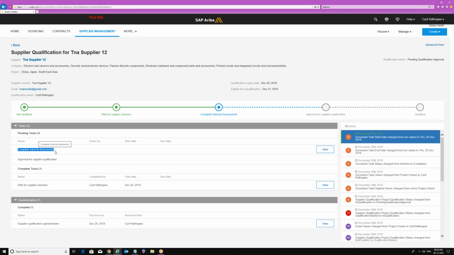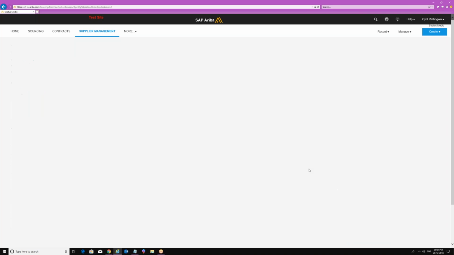So where is this custom task coming from? This custom task is coming from the configuration. We will do the configuration within the template. Once we finish this process, tomorrow we are going to see the configuration for the templates. But right now, this custom task we have to finish. Why? Because if we don't finish it, we are not going to get the approval. So let us just finish this one.